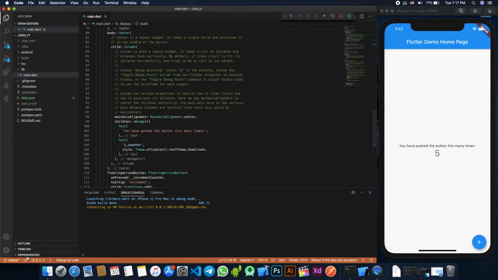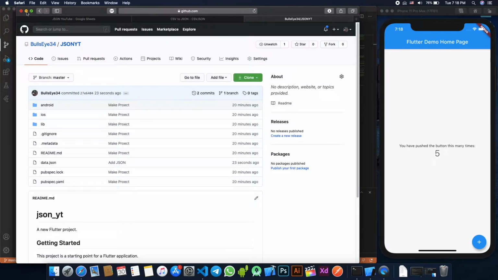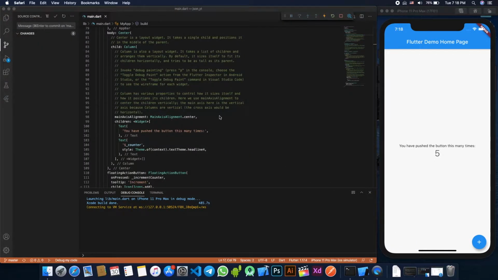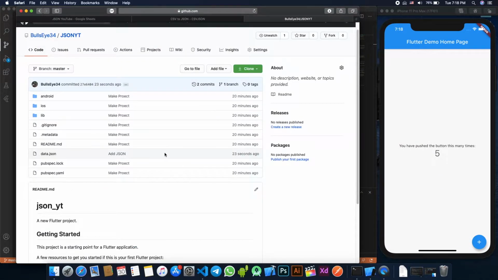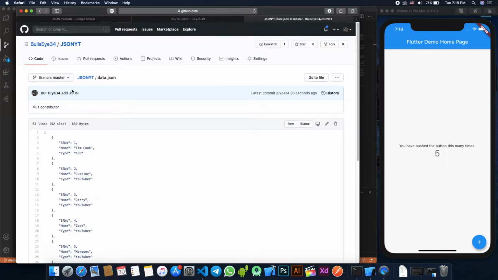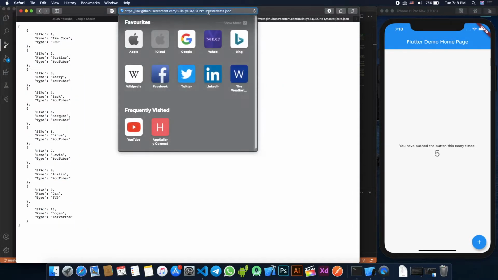So what we'll do is we're going to create a new GitHub page. So yeah, we're back here. Now I have uploaded this project on my GitHub. I like the new interface actually, and you can see we have our data.json here, and we want the raw format of this because we don't want all the interface and everything. We just want the data. So I'm going to copy this.